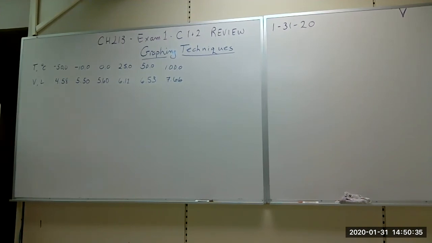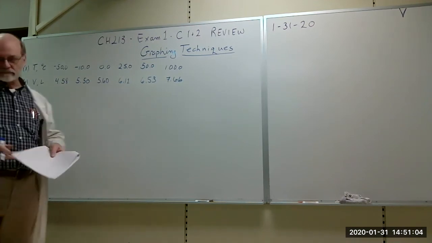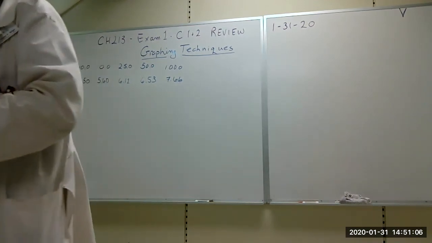Here we go. This says a study was made of the effect of temperature on the volume. So that implies that the temperature was changed by the experimenter and the volume was measured in response, which means the temperature is the independent variable. This is our X value, and this is our Y value in response to it. So that means when you look at your grid,